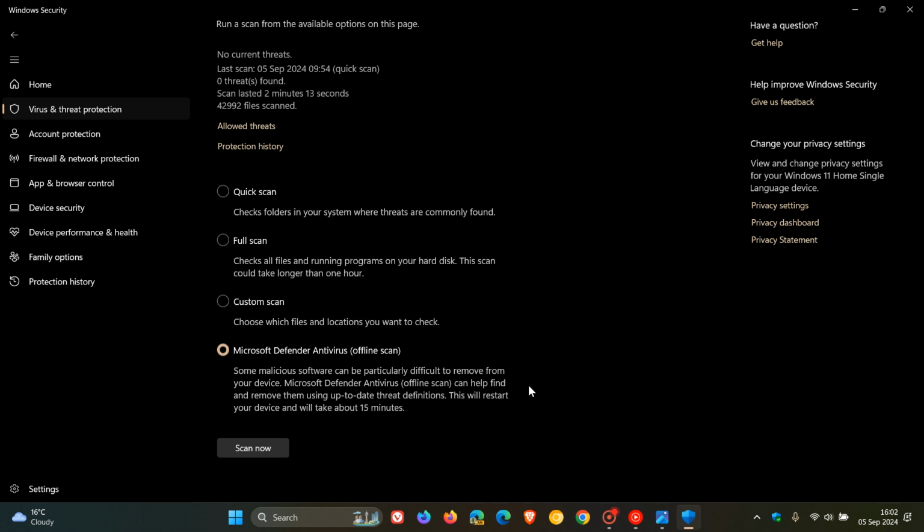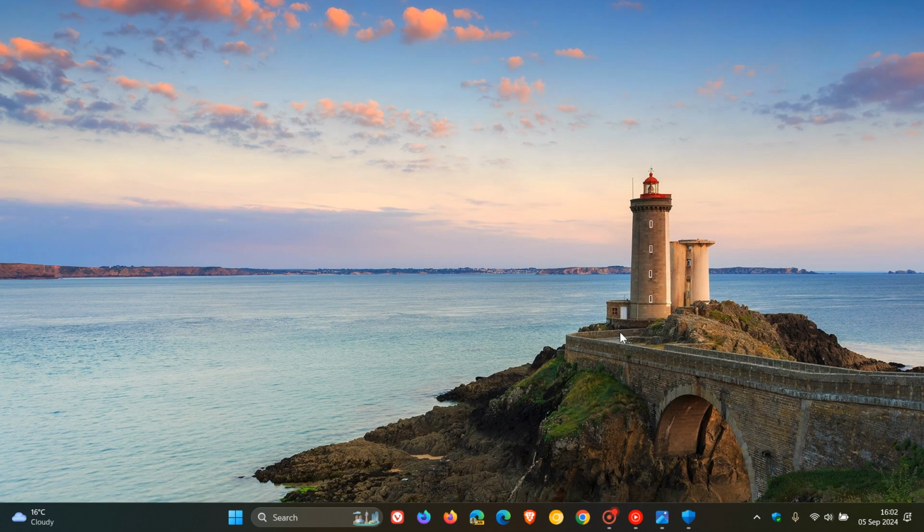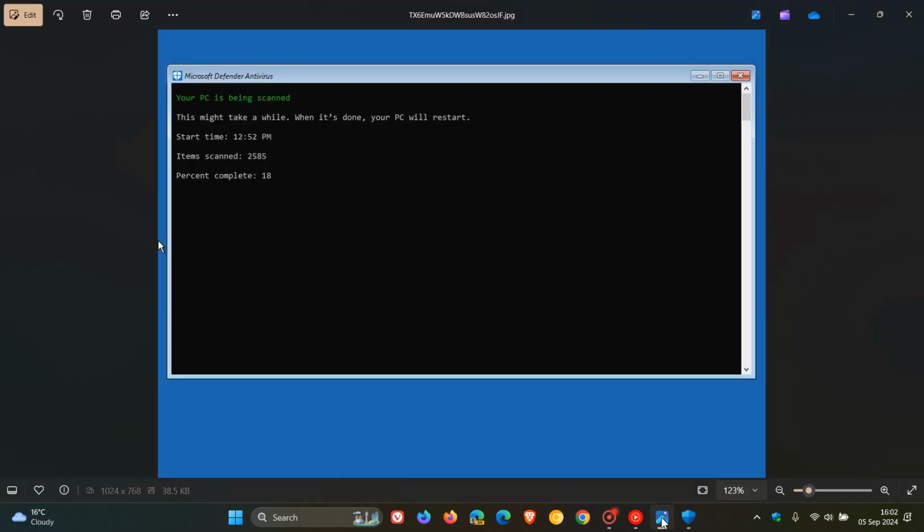So then what you would do is you would click on Scan now. Now I'm not going to do that because it's going to crash my recording, but you would click on Scan now, and then you would click on Scan, and then what Windows will do after you've done those steps, Windows will restart